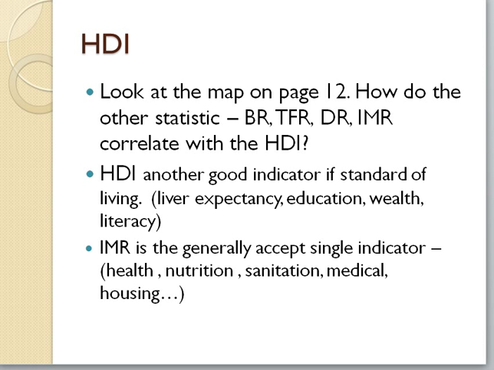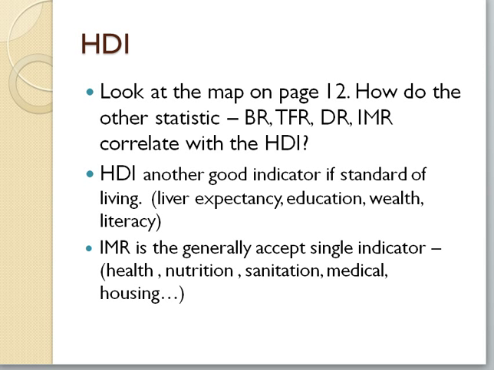So in the first chapter, we looked at the Human Development Index, and that's on page 12. I think it's really important for you to look at the spatial pattern. How does this Human Development Index change? Where is it high? Where is it low? And how does that compare to the total fertility rate, the infant mortality rate, the birth rate, the death rate? When you want to get a global picture and try to understand how countries are doing, you really need to be able to look at all of these indicators.